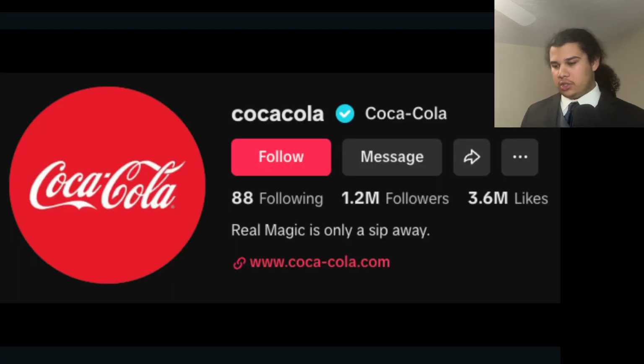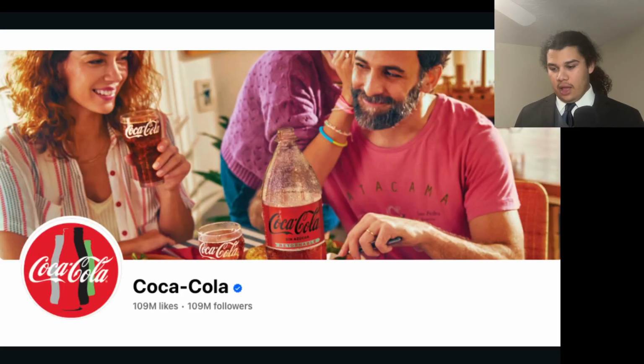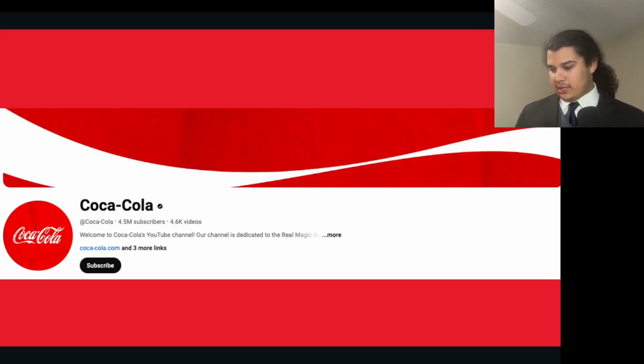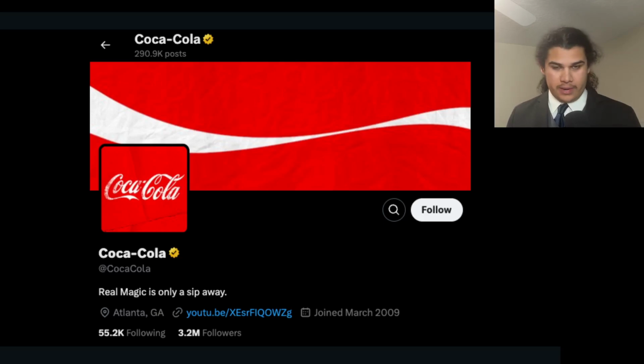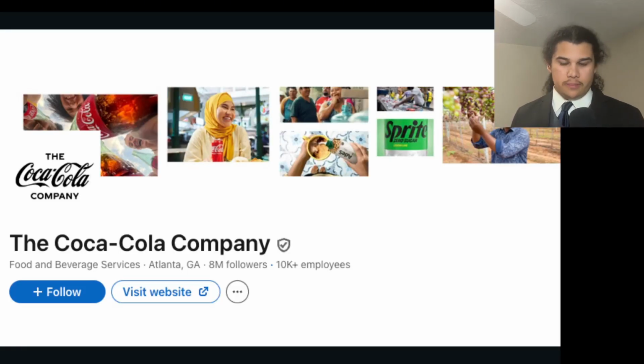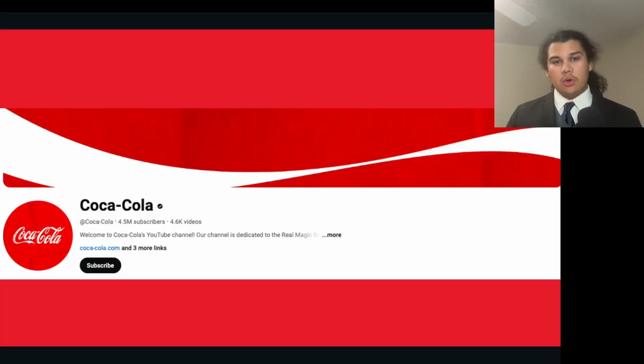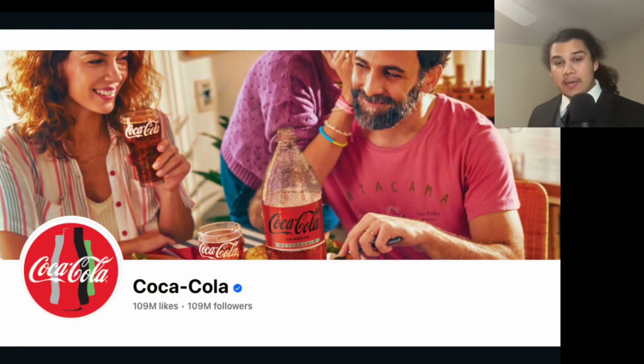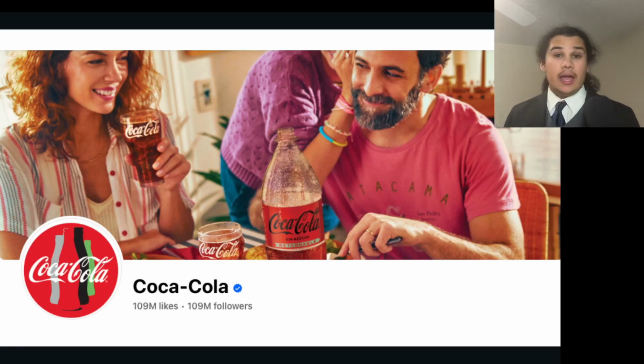One last point I will mention with the profile: out of all the other social media, specifically YouTube and Twitter, the ones that have a banner, not counting the Coca-Cola Company, have the swirl while Facebook has a picture of the family. My theory for this is that Facebook is the most visited social media website ever, and